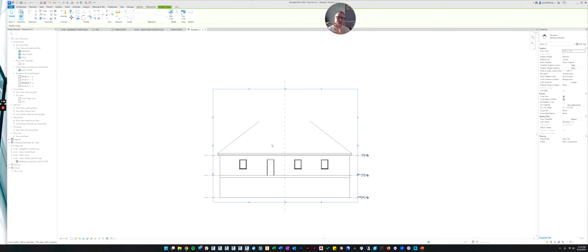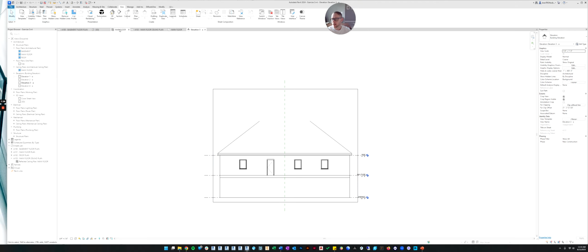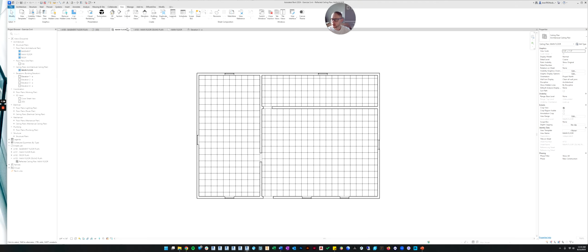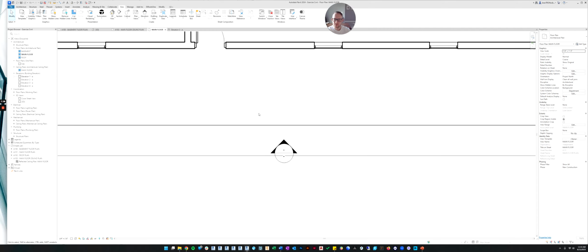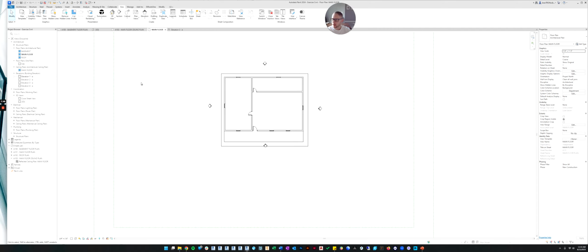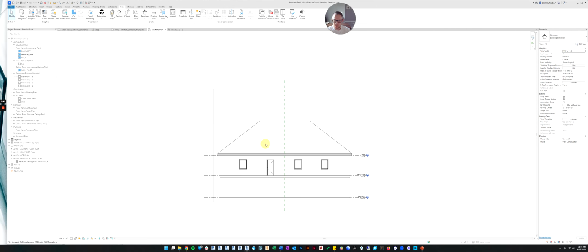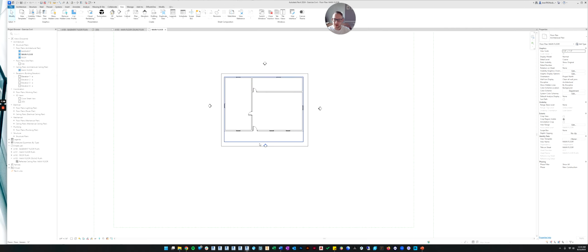How is the front and back of the view being controlled? Well, actually, let's go to our main floor plan right here. And I don't remember what view we clicked on. Was it this one? Yep. Okay, so let's go back to that.